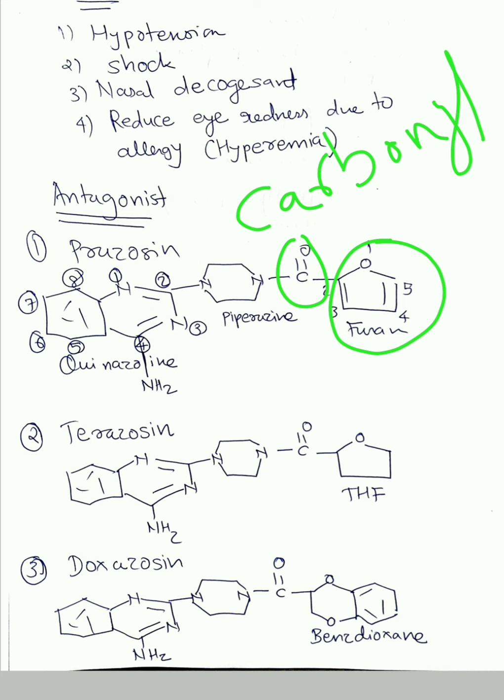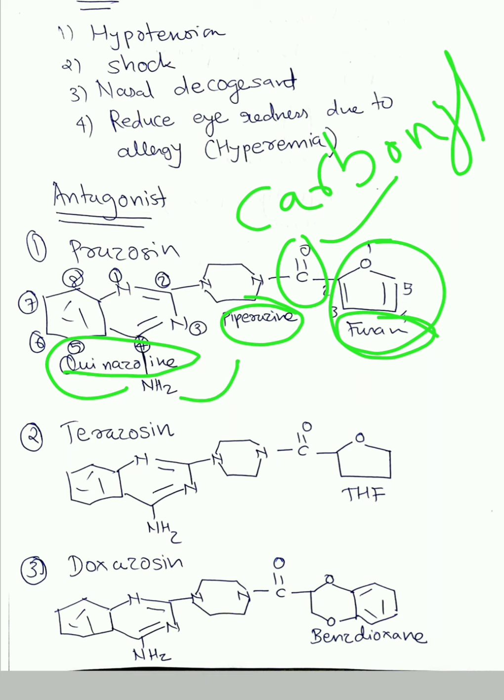So if you know from my previous videos the structure of quinazoline, the structure of piperazine, the structure of furan, then what you have to remember extra is C double bond O and amino. So see how important heterocycles are. Please go and refer to my previous videos before jumping onto this structure. So prazosin is nothing but quinazoline, which is benzene and pyrimidine, combined with piperazine from the 2nd position, combined with furan via a carbonyl group.